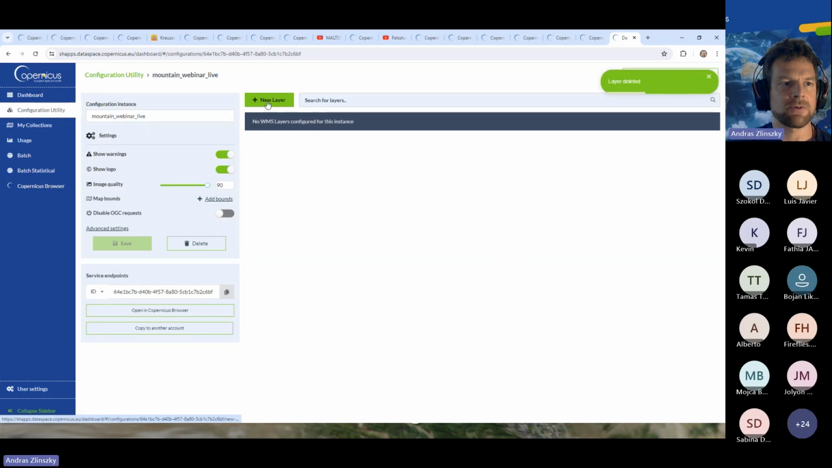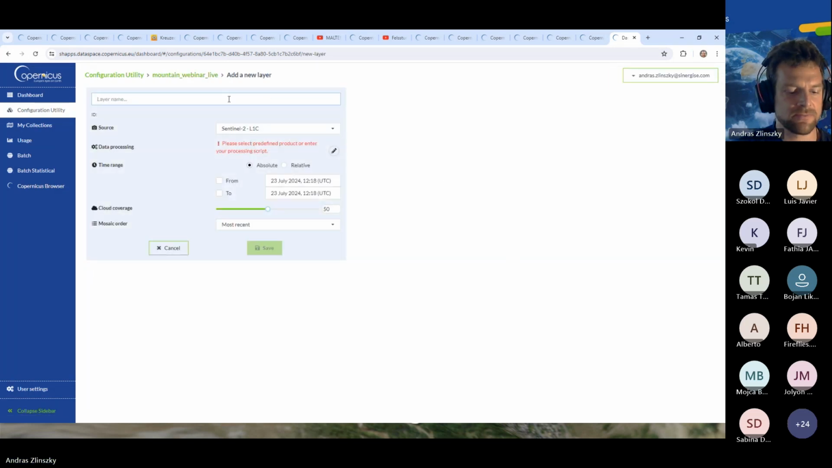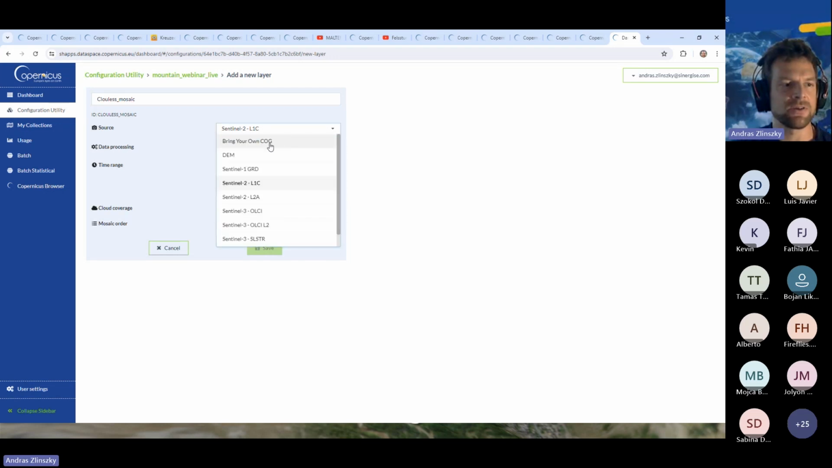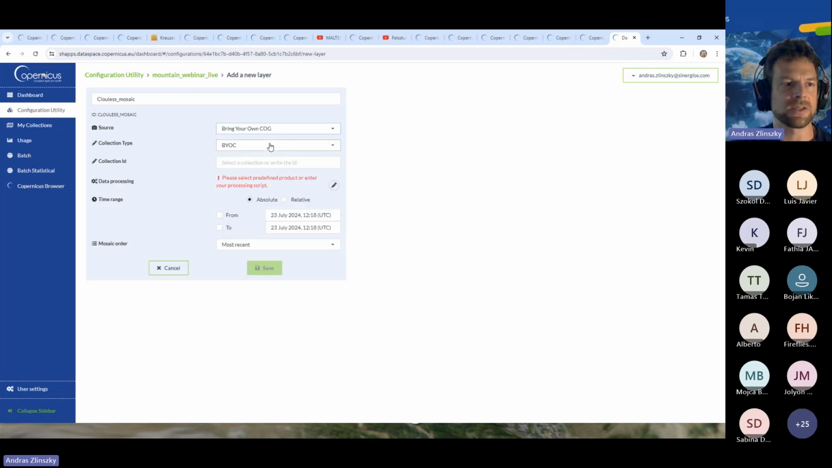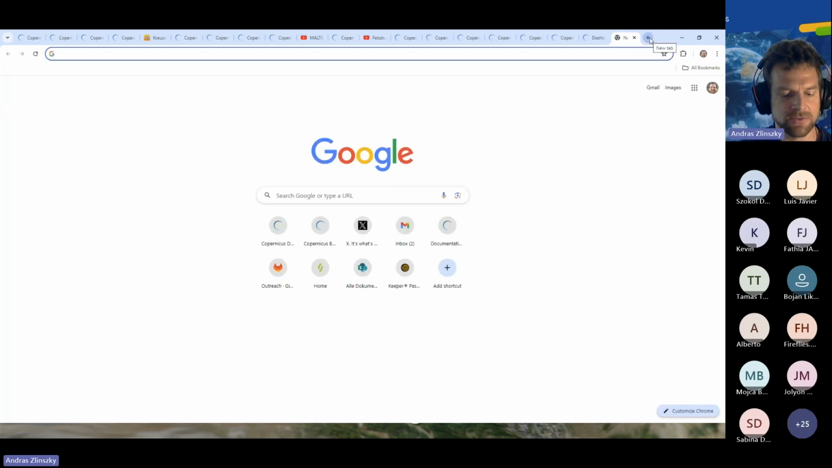Okay, here we are setting up a new layer. I am naming it Cloudless Mosaic, and the source is not going to be Sentinel-2 L1C, it's going to be Bring Your Own COG. This is like a custom data set that we are going to input using its own code. So the collection type is going to be BYOC, Bring Your Own Collection. And we have to take the collection ID from the documentation of the data space. So if we just go to